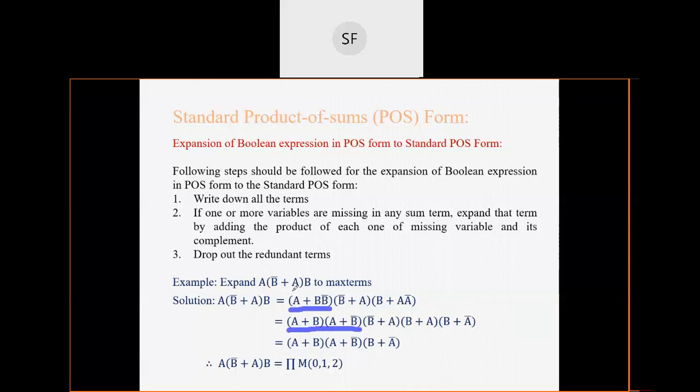So this bracket a plus b into a plus b bar, it is nothing but a plus b into b bar, it is nothing but a. सेम ही है तीनों. Not this a, it should be actually first term, this a. So all three are same because we know that b into b bar is nothing but 0 and a bar plus 0 is a.